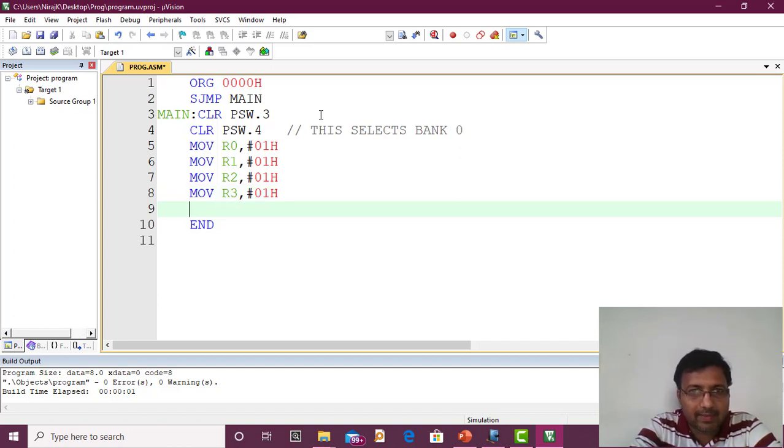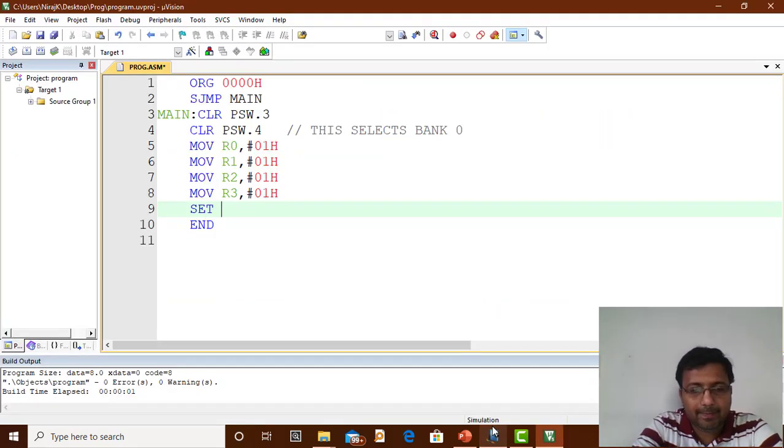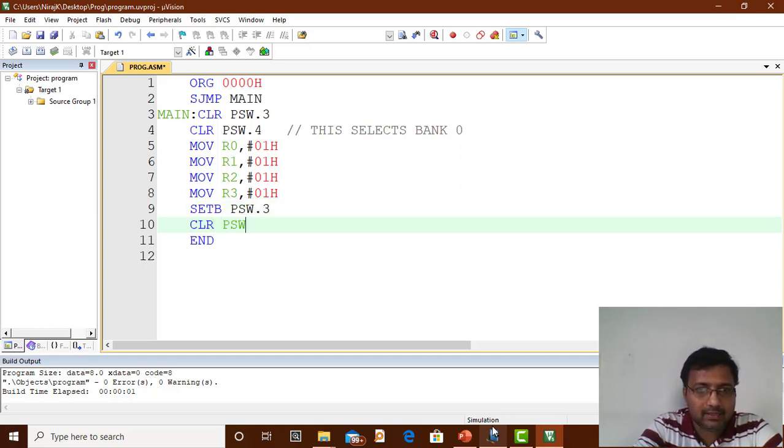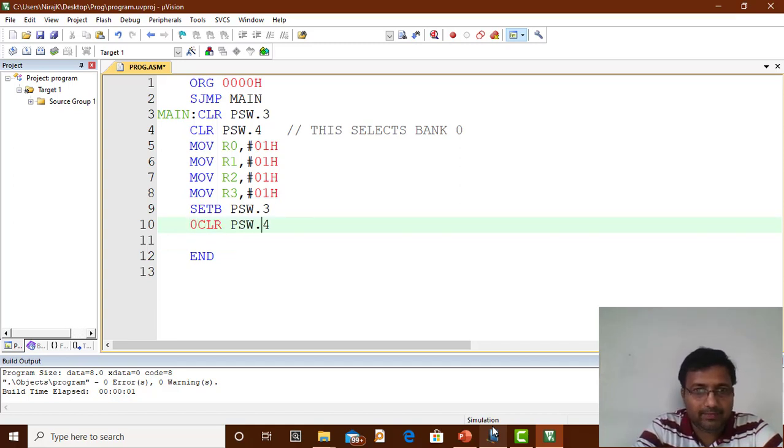If you want to change the bank, I again need to write the instructions. For bank 1, RS1 should be 0 and RS0 should be 1. RS0 means PSW.3 should be 1, so we need to set PSW.3 and clear PSW.4. So setb PSW.3 and clr PSW.4, then bank 1 gets selected.